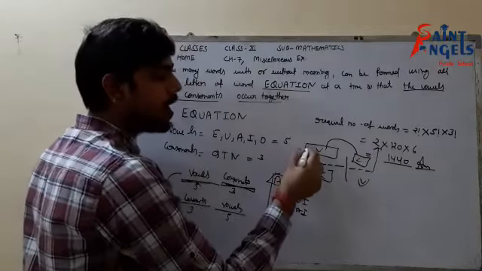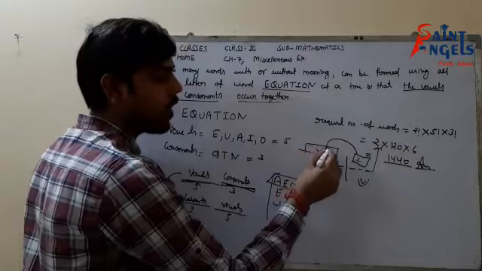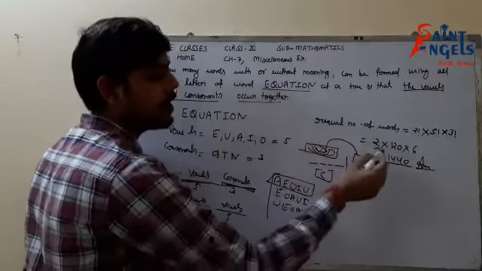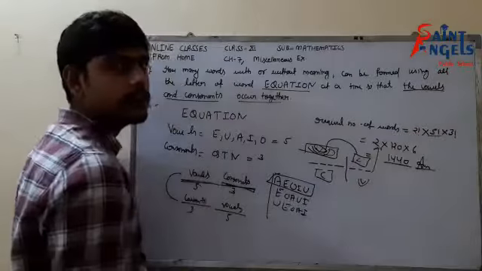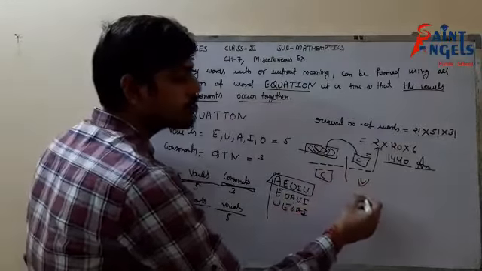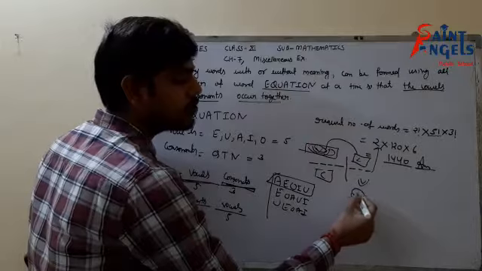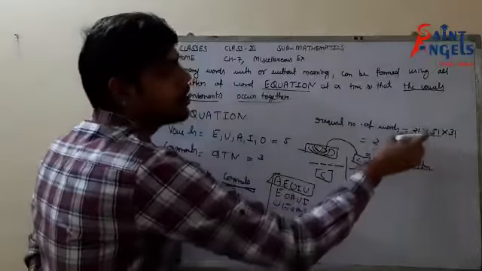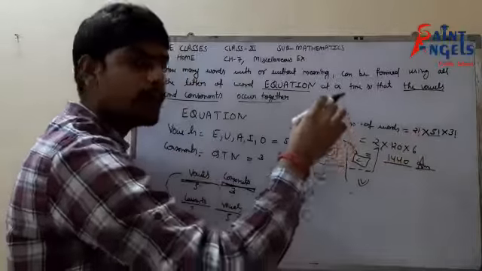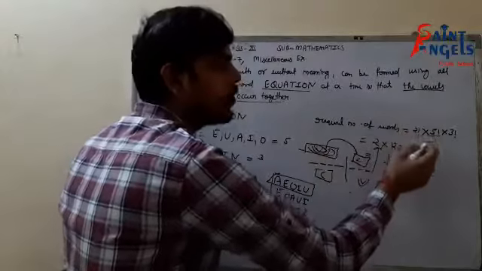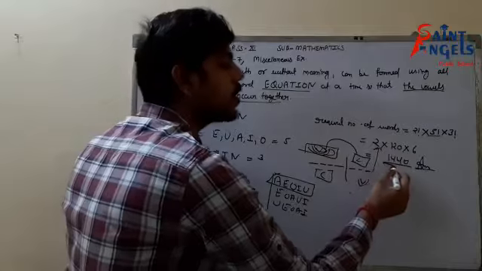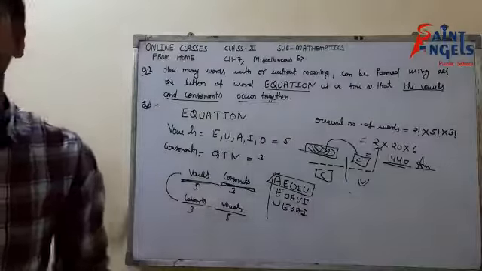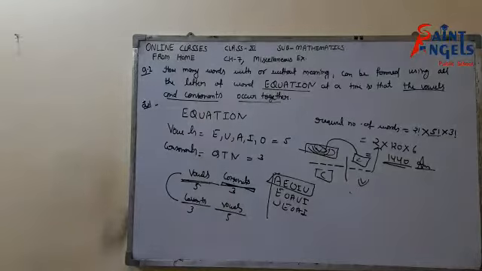Now these 5 vowels can change their places and can be arranged in 5 factorial ways. Similarly, 3 consonants can also change their positions and can be arranged in 3 factorial ways. So the required number of words would be 2 factorial into 5 factorial into 3 factorial, which is equal to 1440 words. Okay, I hope it's clear. So please pause the video and note it down.